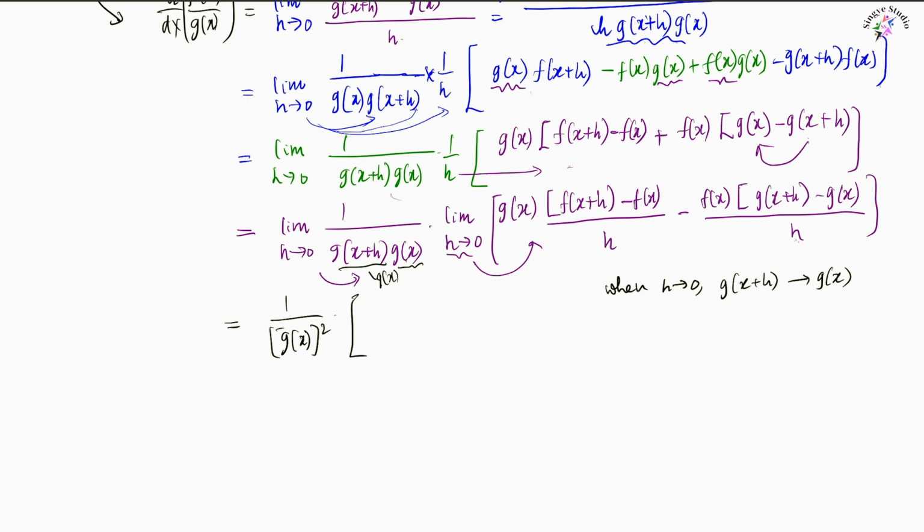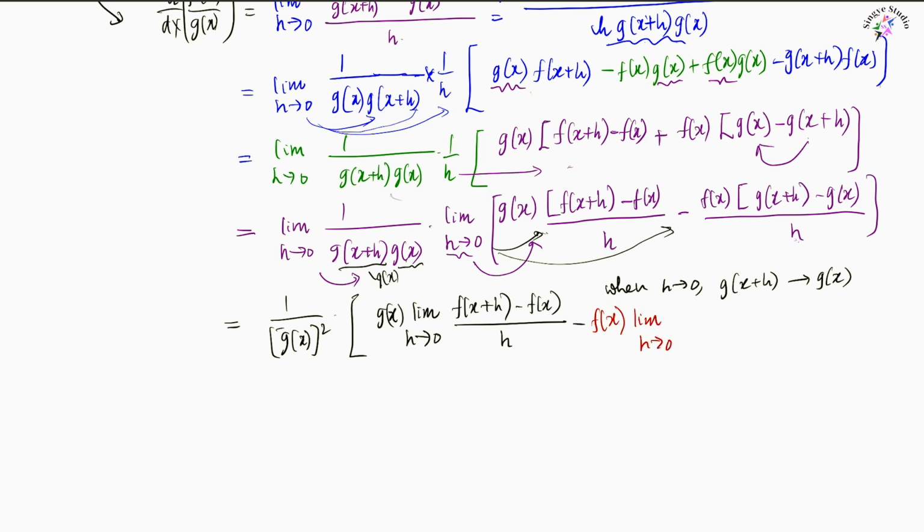Times, see here, by applying this limit here as well as here, what will we get now? We will get g of x limit h approaches 0 of f of x plus h minus f of x over h, minus f of x limit h approaches 0 of g of x plus h minus g of x